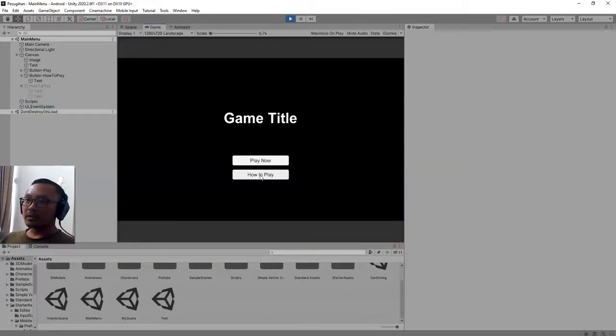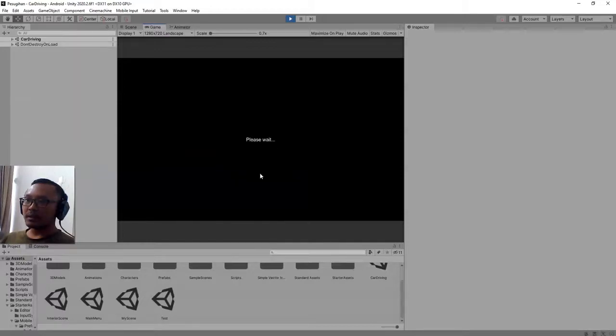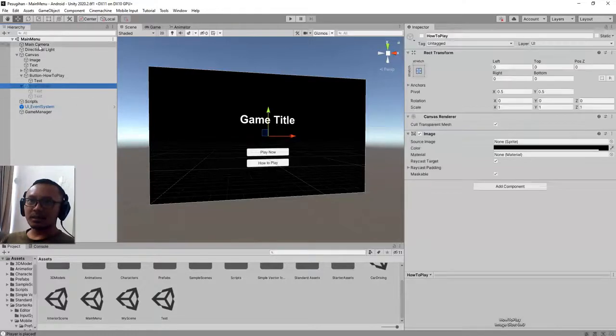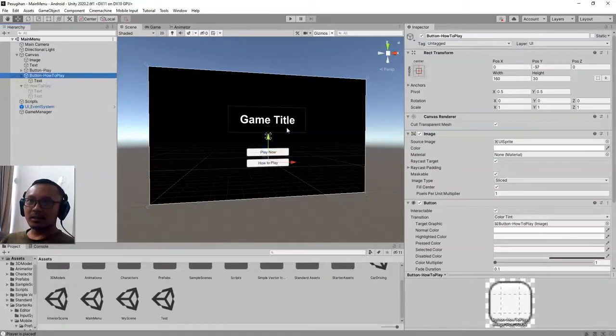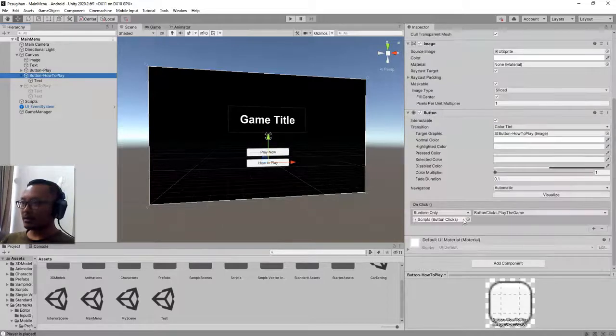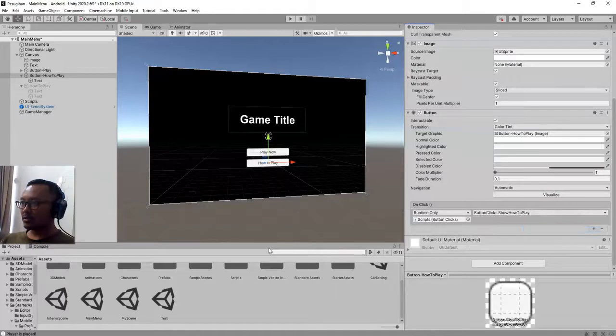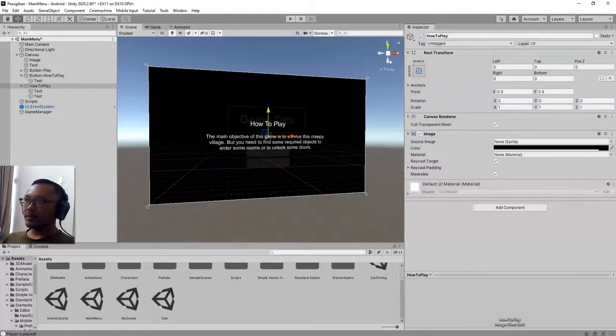Okay, if I click this how to play button, I will... What? I forgot to set the on click listener to the how to play button. Sorry guys. Button click and show how to play, and then here let me add a button to close this